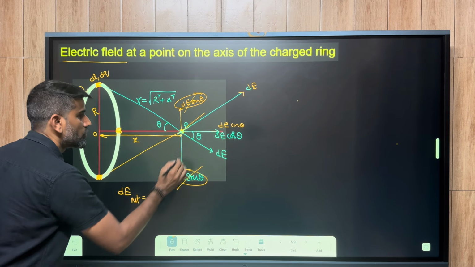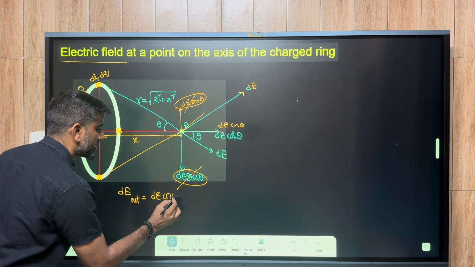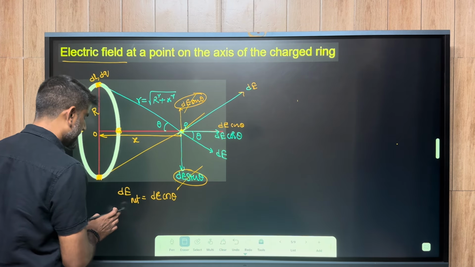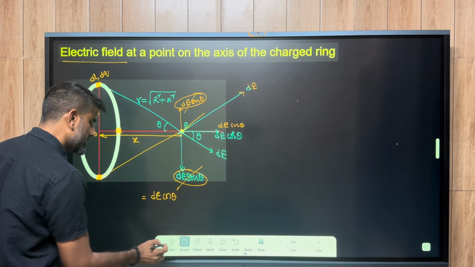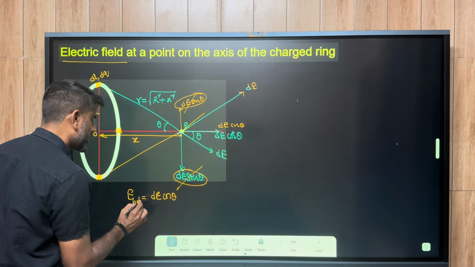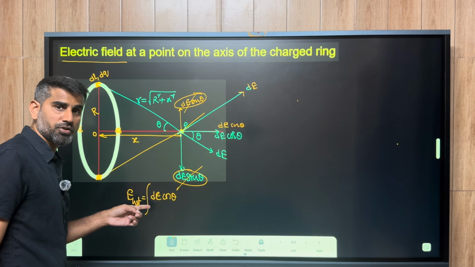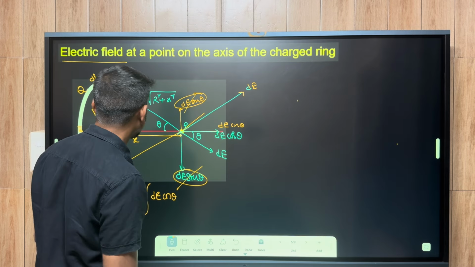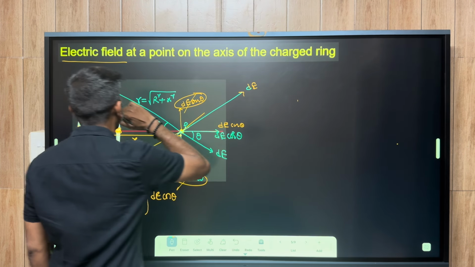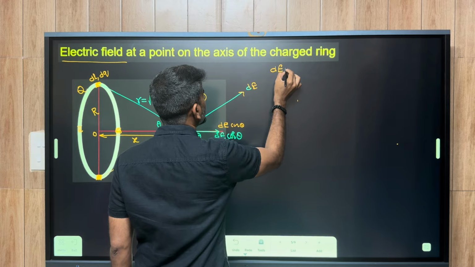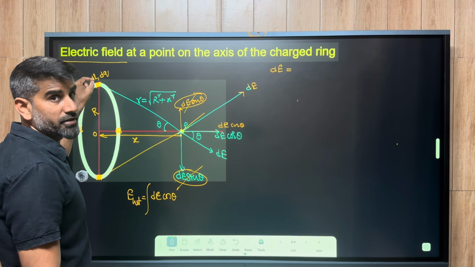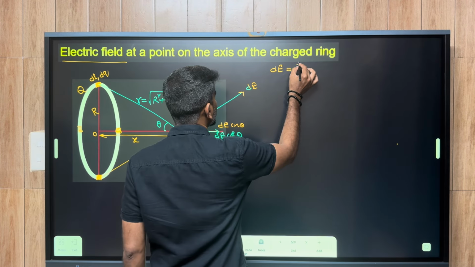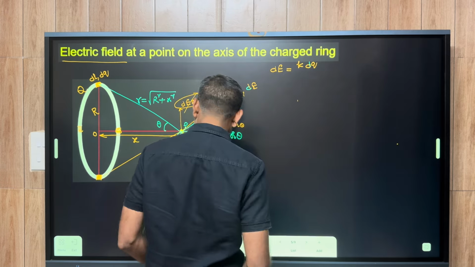So the net electric field dE net is equal to dE cos theta. I'm going to take the integration to find the net electric field, E net, of dE cos theta. We don't know dE yet. First, dE: as I've already told you, this is a small element. The electric field due to a small element can be considered as electric field due to a point charge. So dE is equal to k dq